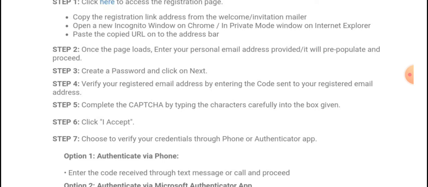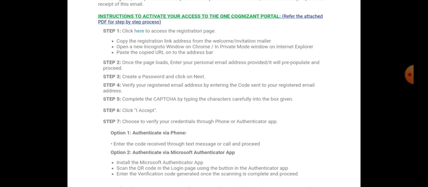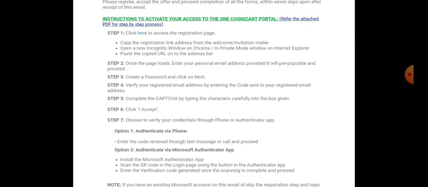Okay, so it is an every-time step that you have to follow. You have to give your proper email ids and your proper phone number, so that you can get OTPs every time you access the One Cognizant page. Fine. So moving forward, once you have gone through everything that is mentioned in the instructions,